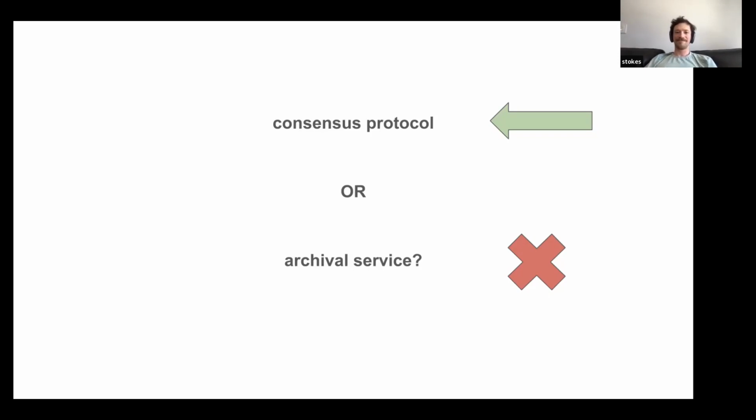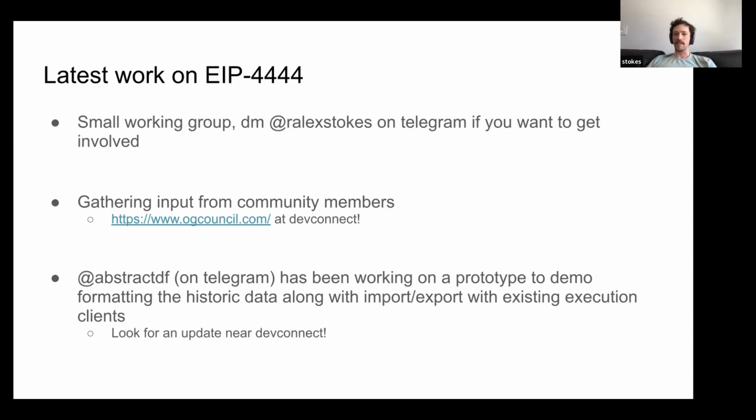So there's 4444. I'll give you a short summary on the latest. We have a very small working group of the co-authors and some people who are interested to help. Probably the best way: we just opened a channel on the ETH R&D Discord this morning for history expiry. So I'd direct you there. That even happened in between when I made this slide and now. But feel free to DM me if you want to figure out how to get involved. I can direct you to where you need to go, or go to the ETH R&D Discord. There's a history expiry channel, just say hi there. And similarly, someone will direct you into some space to help.